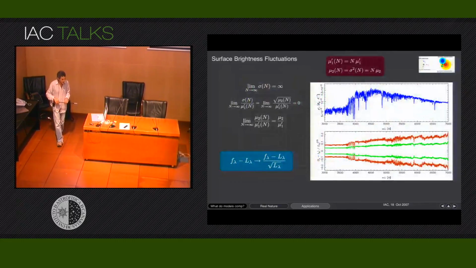Actually, it can be seen in another way, that is surface brightness fluctuation, that is an observational fact. If you have a galaxy, you take the model and obtain an average galaxy, subtract it, and you see that there is fluctuation around in the pixels. So one way to use that in order to fit models is to